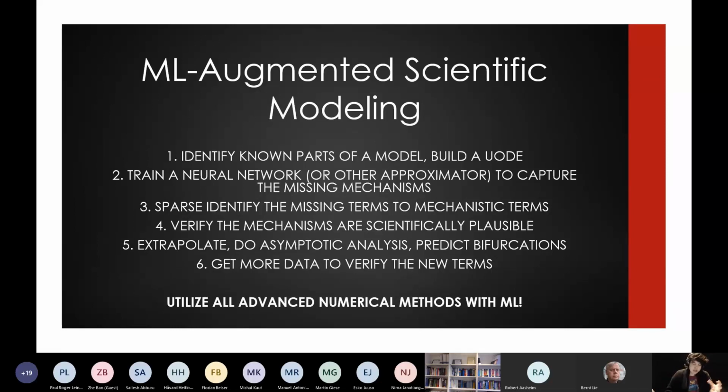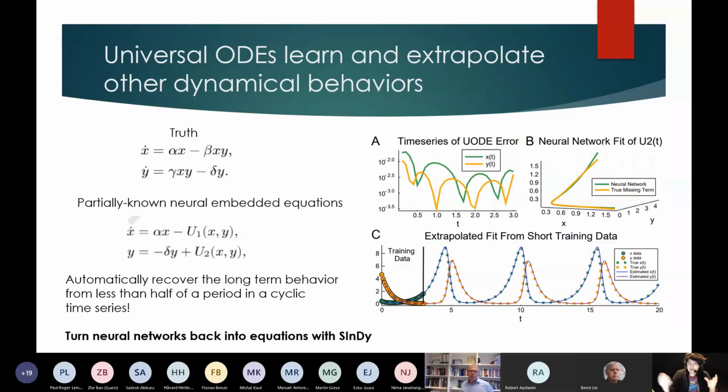And this isn't just one example that's worked out. There's a lot of these examples that have very surprising behaviors. So here is Lotka-Volterra equations, where the truth equation is the Lotka-Volterra equations that you know and love, just a quadratic polynomial. The embedded equations, what we do is we say that we know the linear terms of the Lotka-Volterra equation, which is just the amount of rabbits grows exponentially, the amount of wolves dies off, and then we just say there's neural networks added to that.